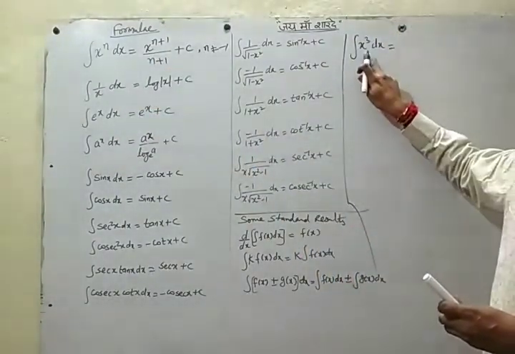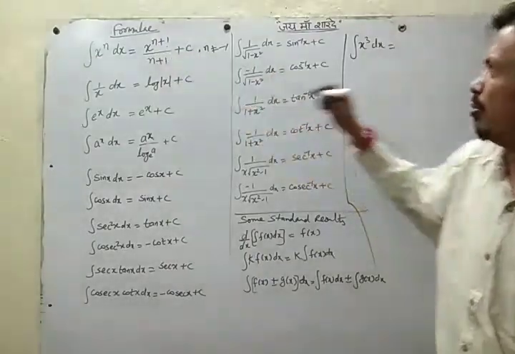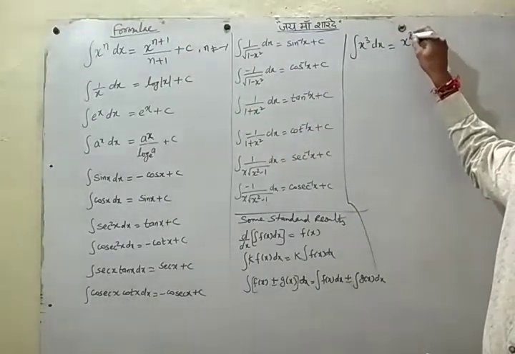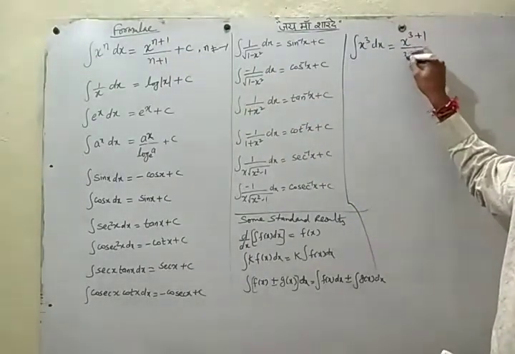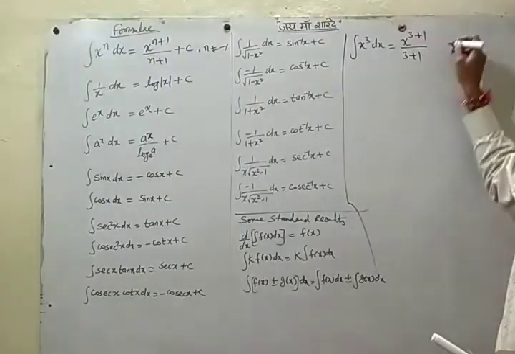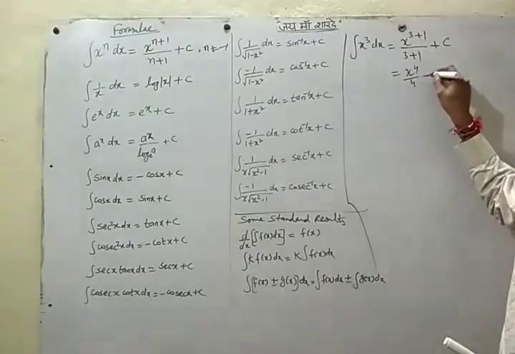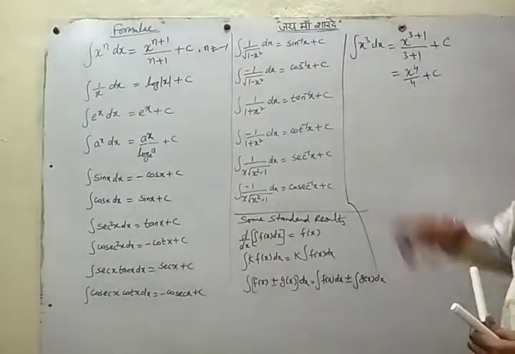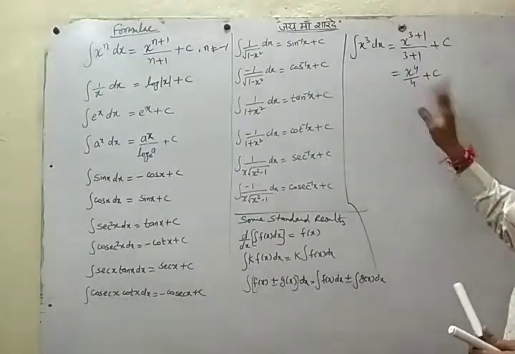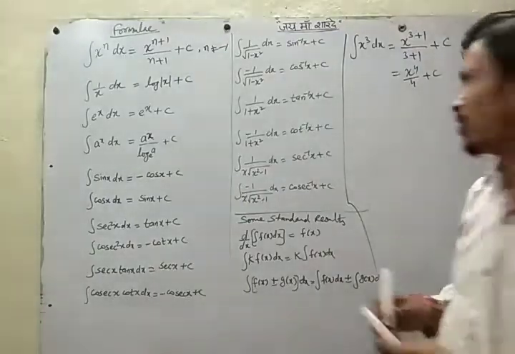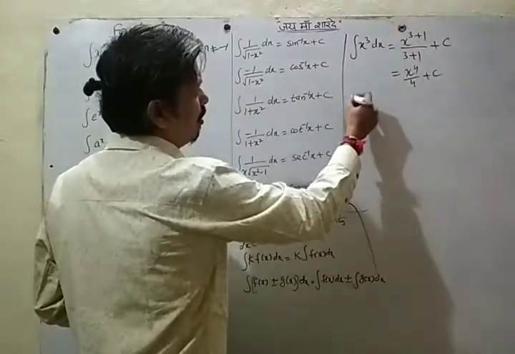So its integration will be x to the power n plus 1, meaning x to the power 3 plus 1, upon n plus 1, meaning 3 plus 1, plus a constant. So it is equal to x to the power 4 upon 4. So the integral of x cube is x to the power 4 upon 4 plus constant c. Okay? We want to find